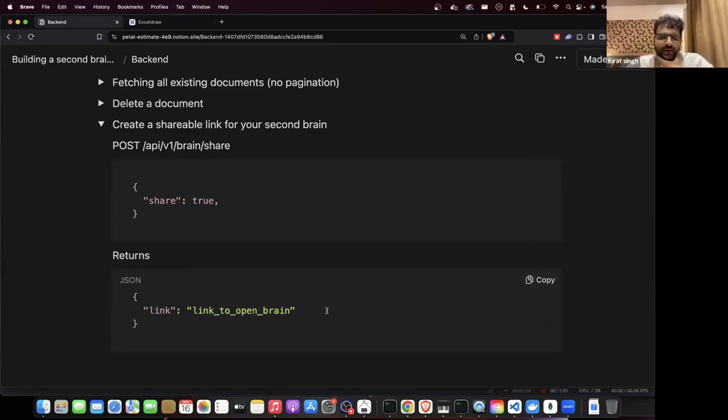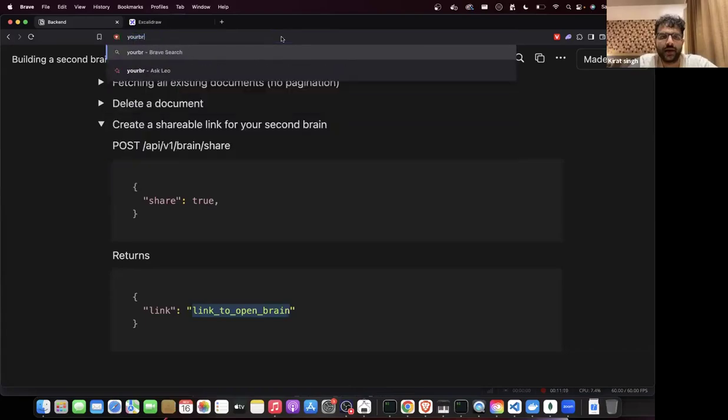There should be another endpoint here that I suddenly thought of. कि जो shareable link बन जाएगा, it will look something like this, yourbrain.com/open, which means open brains, जिन्होंने publicly share किए हुए हैं, /some ID. तो एक endpoint ये भी होना चाहिए कि anyone can access someone else's brain based on this unique ID. That's how you share Google Docs, right?